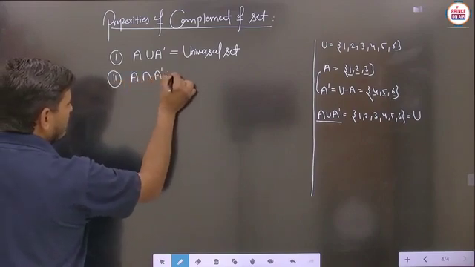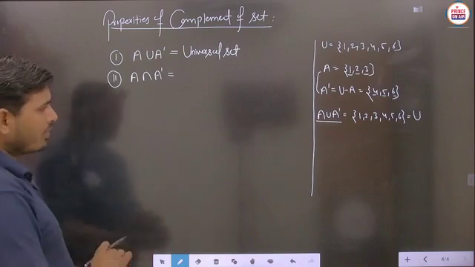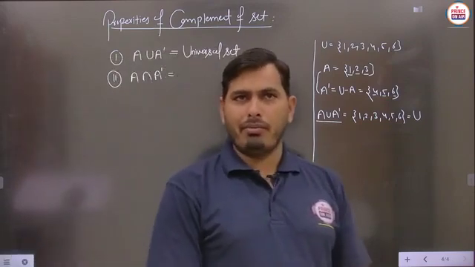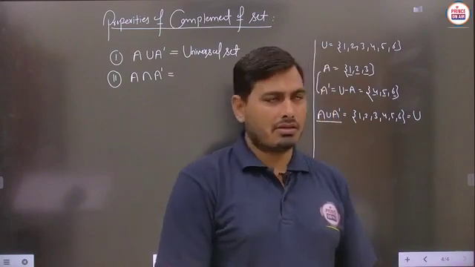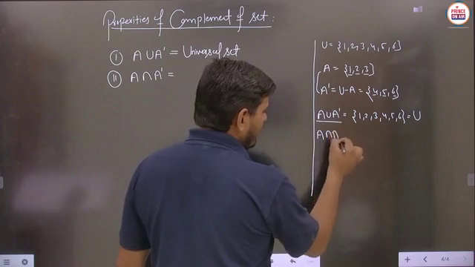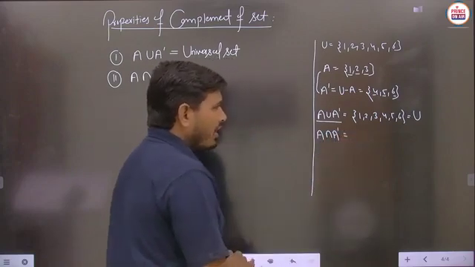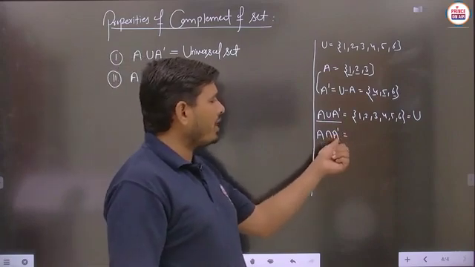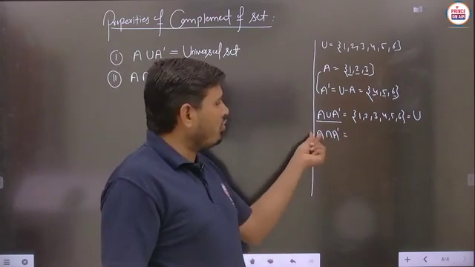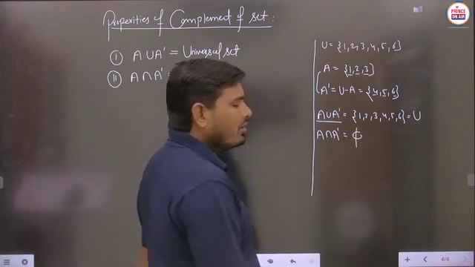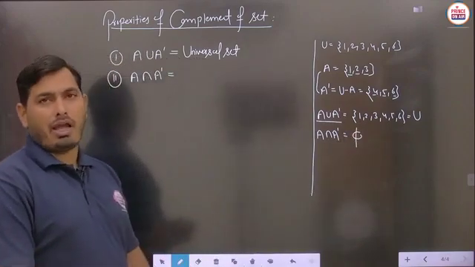Next we will see this thing, A intersection A dash. Then what should be the answer? So in this case student, A can be any kind of set, no problem. Then you can just calculate the A dash. Now according to this example, you can calculate A intersection A dash. So student, in A dash no element of A will be there, but in the set A all the elements of A will be there. Then definitely the answer will be equal to phi, or phi means you can say the empty set.